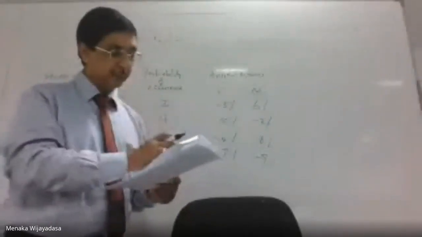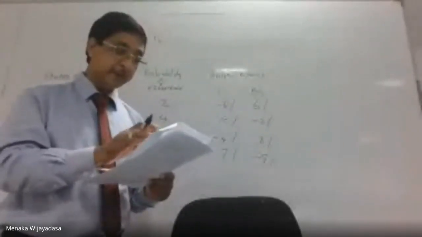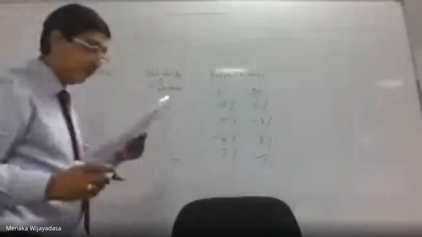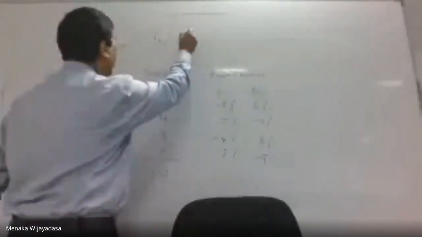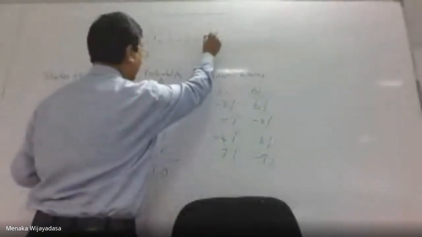We are just calculating things without the percentage mark, and at last we will put the percentage mark. So we will start with 0.2, that is the probability of occurrence, 0.2 into minus 5%. You can say minus 5